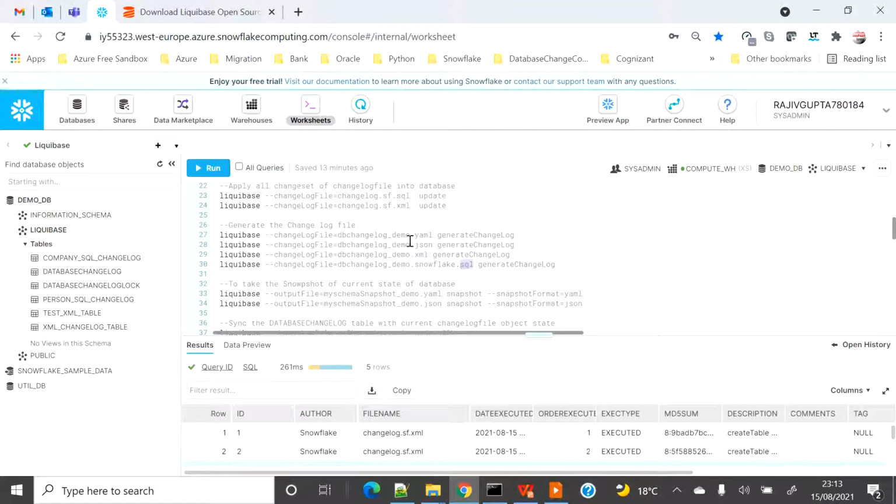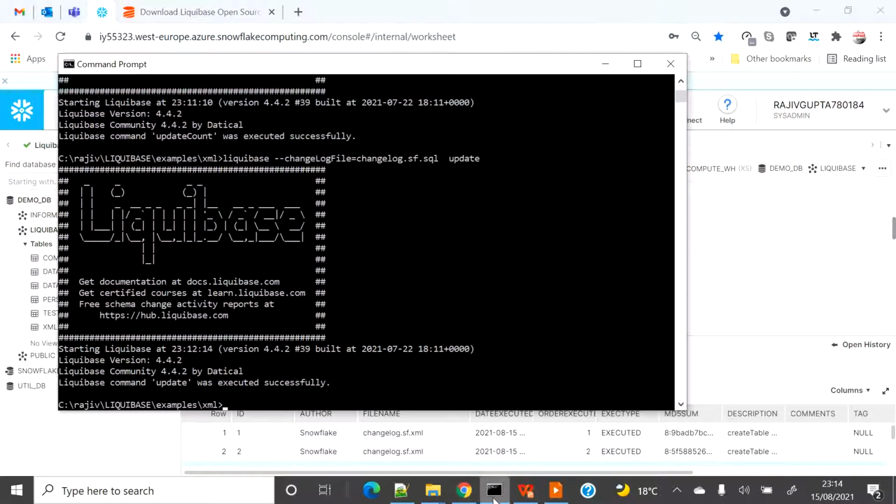The only difference between these three and SQL format is I have to provide the database name so that it will generate based on the SQL standard of that particular database. And in case of XML, JSON, and YAML, these are platform independent, so it doesn't need a database name. So basically it will just extract in their standard language, and it can easily be deployed in any database. So I can show you the example and then I can show you how it looks like.